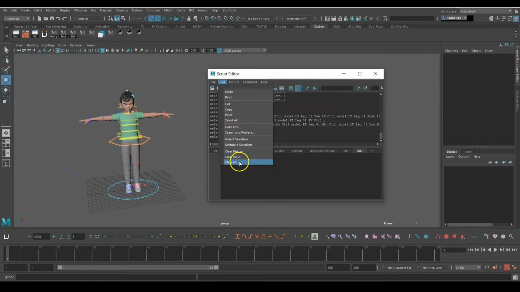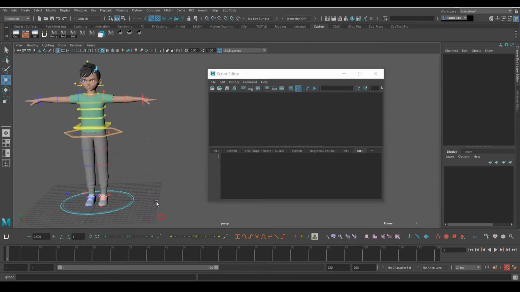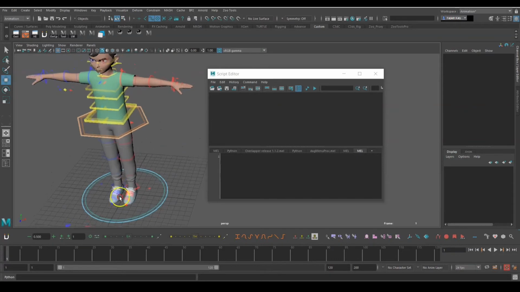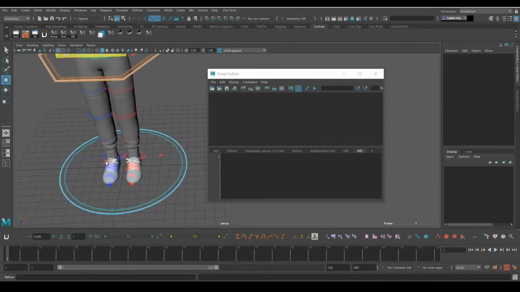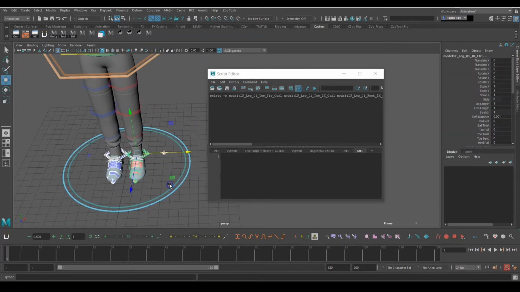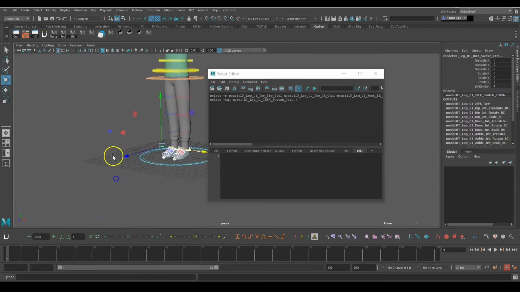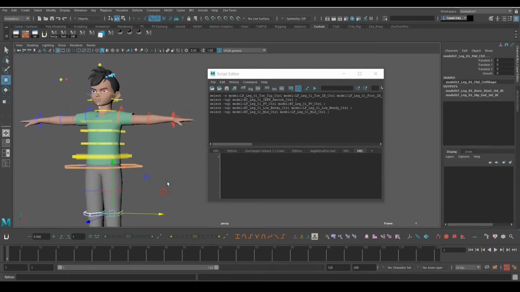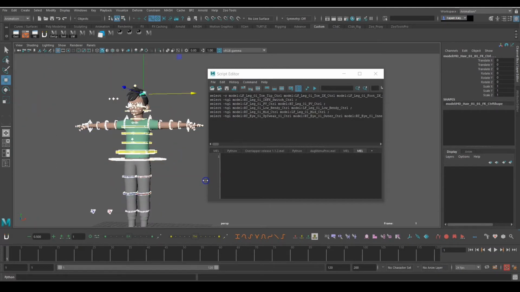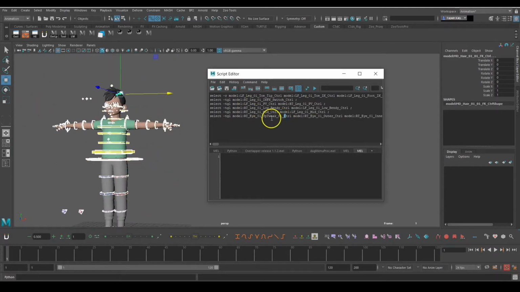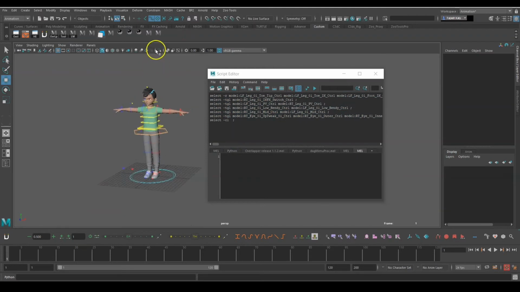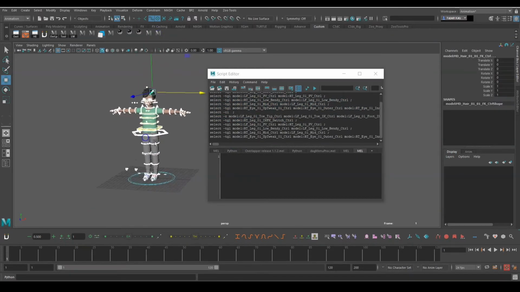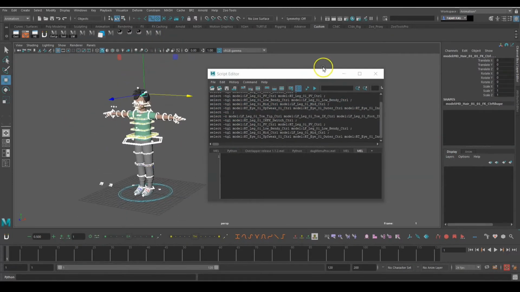So first I will clear all. Then I will select all these controls one by one: first these controls, then this, then these two, then these controls, and select here with Control A. You can drag and drop here to create a MEL script.